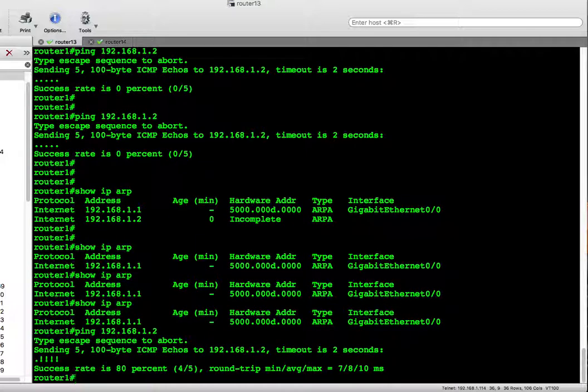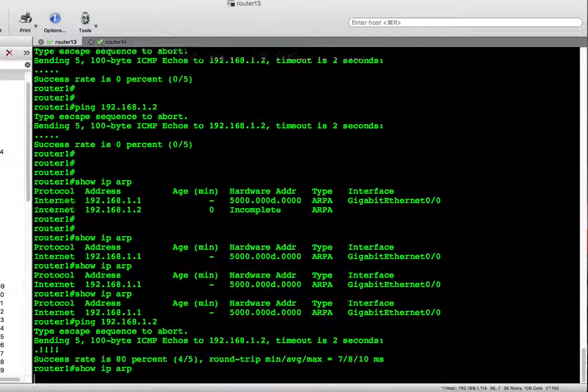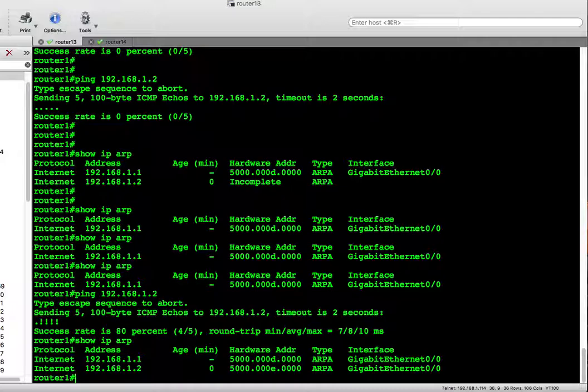Probably we'll see a few of them fail, or one, and that's because it has to send out a broadcast message to receive the MAC address and the IP address. And once it receives that, it can add it to the ARP table and add it to the routing table. I'll show you the routing table in a minute. So what happened was,